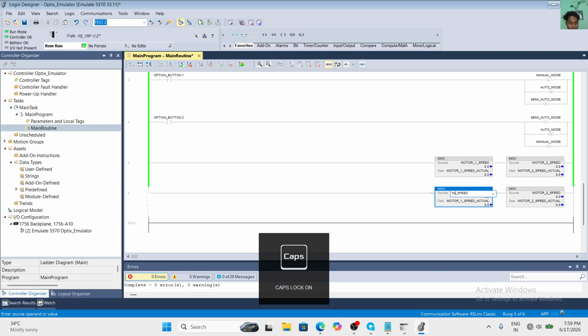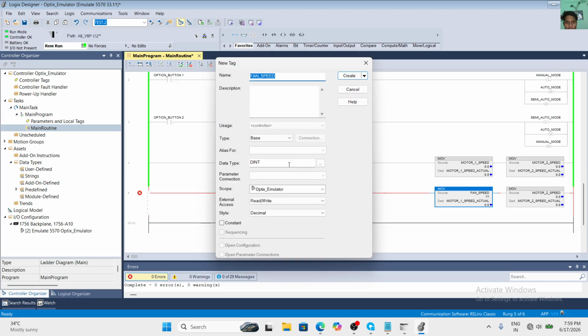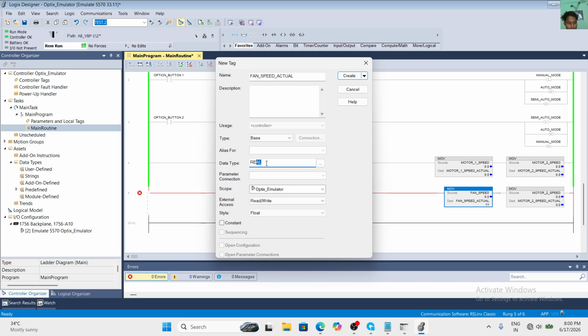I have to create a new tag. The tag is fan speed and its data type will be real. Understand? And this other tag, fan speed actual, its data type is also real.